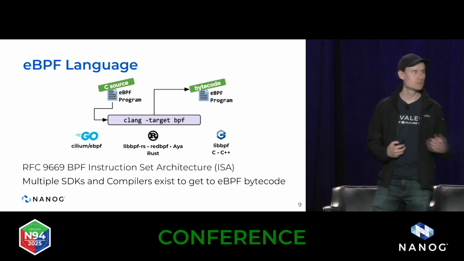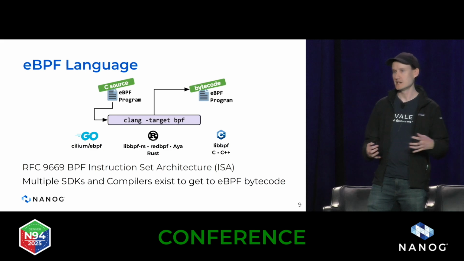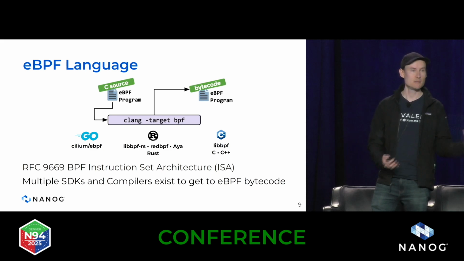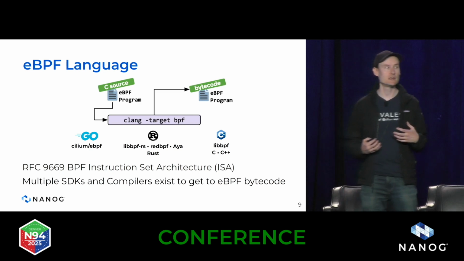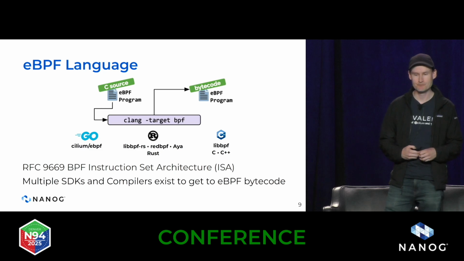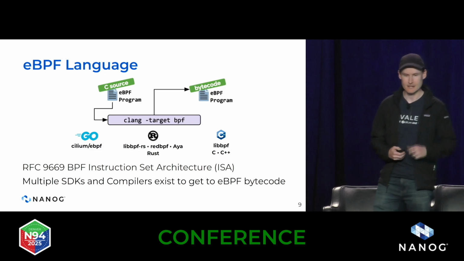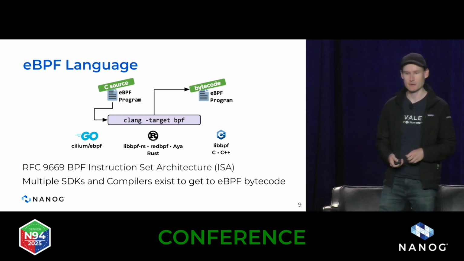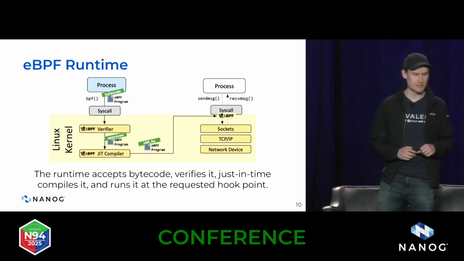So you can share data between the module that's running in the kernel, the eBPF program, and user space components that then measure metrics, pass them on to other systems, or even define the control of how that eBPF program should behave at runtime. So eBPF is a RFC now, and there are various different SDKs you can use for popular languages. So once you've generated this bytecode under the hood,